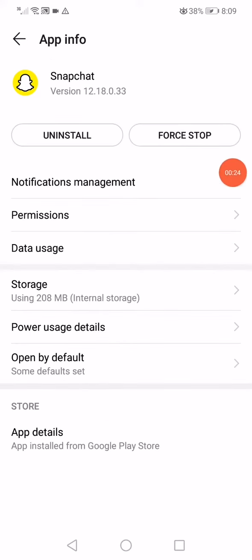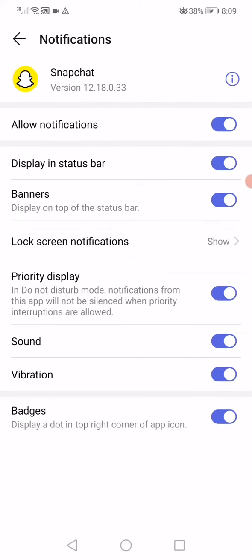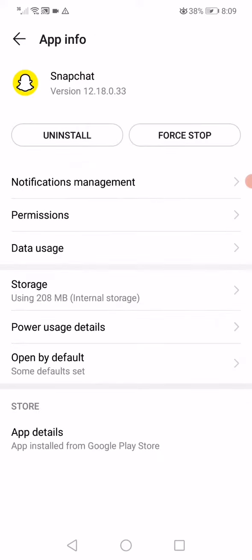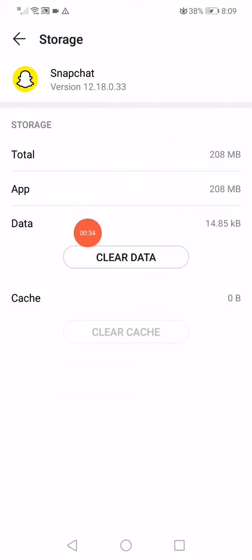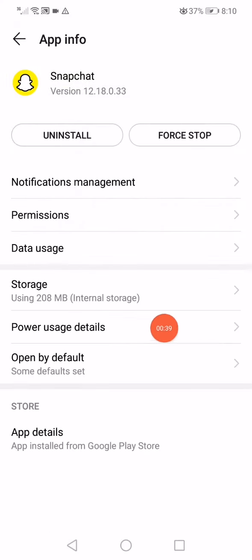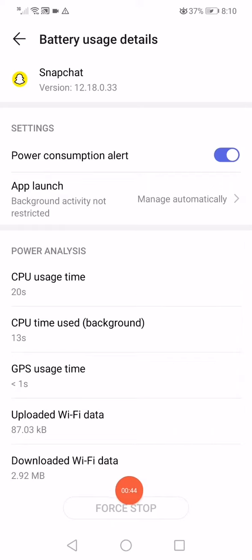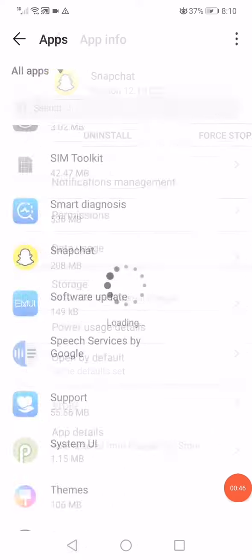After that, now go click on notifications management, disable all the notifications and enable them back again, and then go back, click on storage, click on clear data and click on delete. Go back and click on the power usage details, click down here on force stop, and after that go back